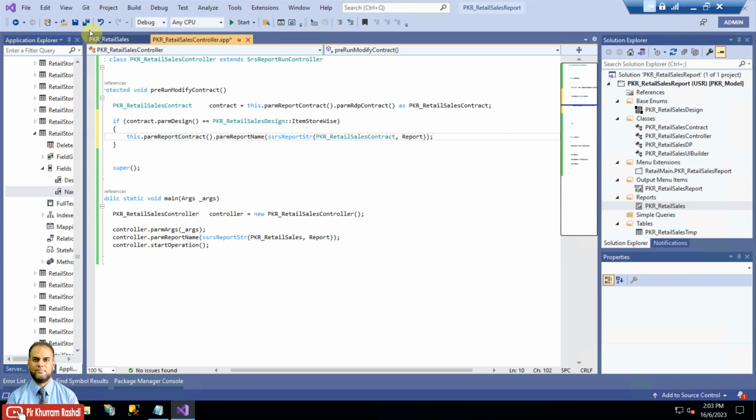So this will be our default design to be called once the value chosen is item store wise, the first value. Okay, then I can put else if